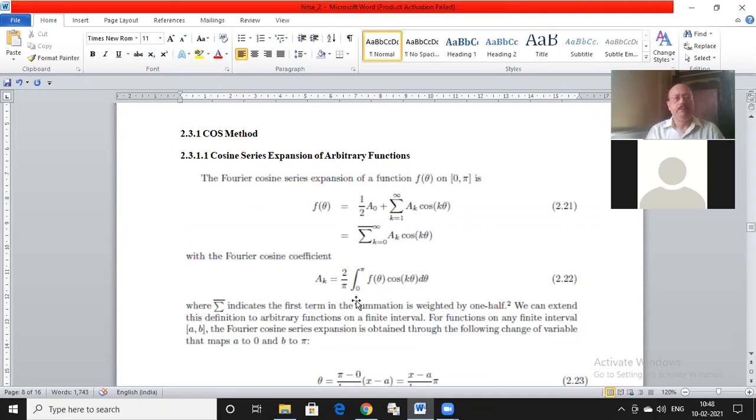All right. So let me start with the cosine series expansion. Many of you have already seen this before. Whoever have studied the Fourier series, you have also seen the cosine series because it's one part of the Fourier series. So the Fourier cosine expansion for any function f on the range 0 to pi, because that's the trigonometric range, is given by f(theta) = half a0 plus summation k equal to 1 to infinity ak cos k theta. The aks are the Fourier cosine coefficients, and those are given by this integral 2 by pi, 0 to pi, f(theta) cos k theta d theta.